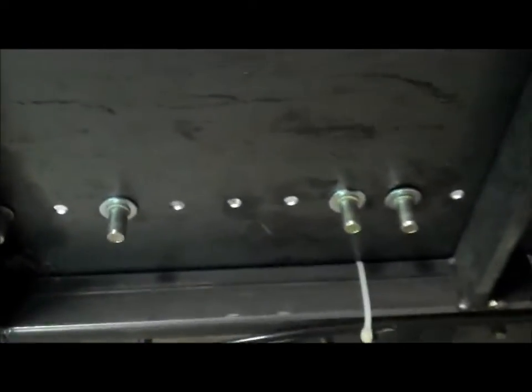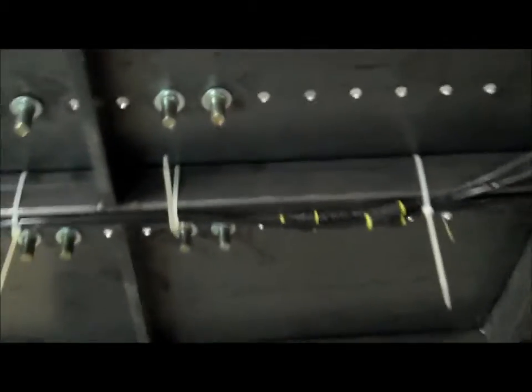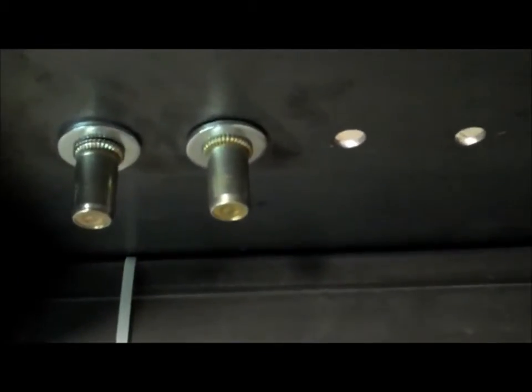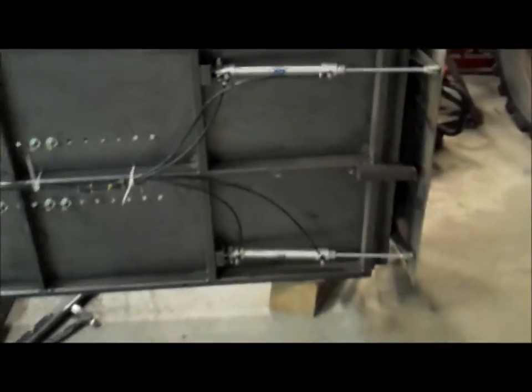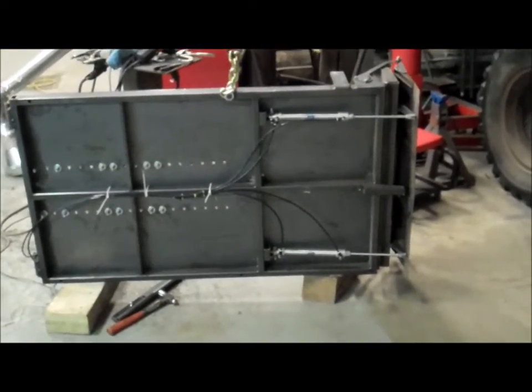We just finished these nutserts for the top side. This is what the back side looks like there. I had to put a flat washer on each one there so that we were in the correct grip range for those nutserts. So that part's done. So that's going to be our main focus here on this part, is doing the under tray shield to protect